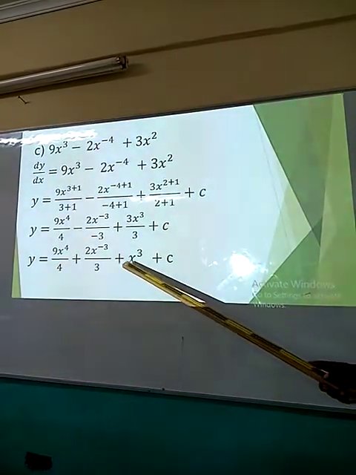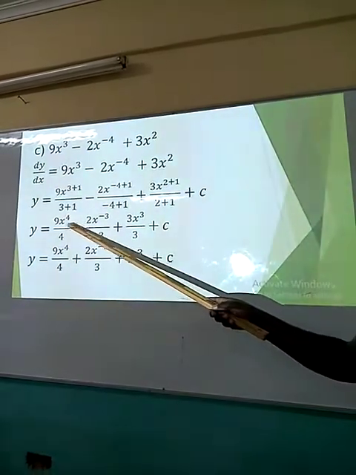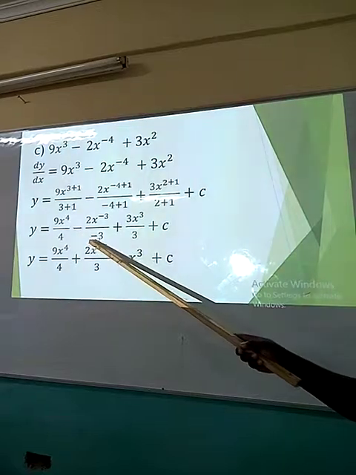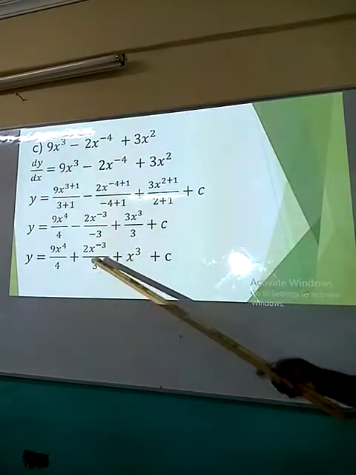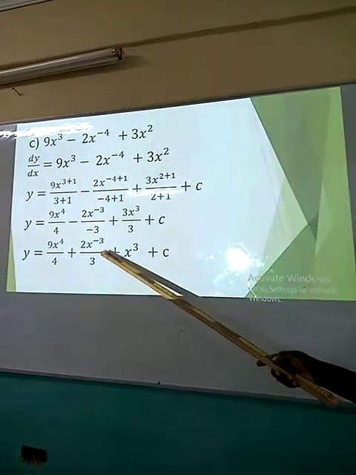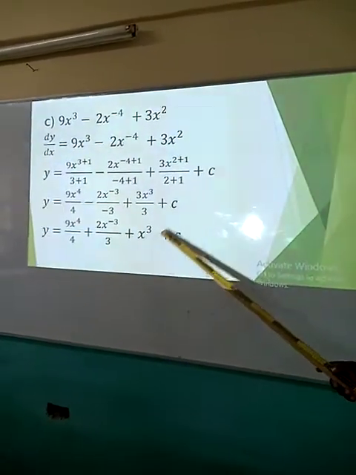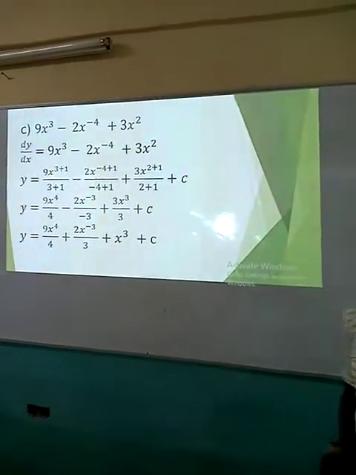I want you to note the second term, where we have changed from negative to a positive because we were dividing negative by negative 3. So the result for that term is now positive 2x^-3 over 3 plus x^3 plus c. The next example,